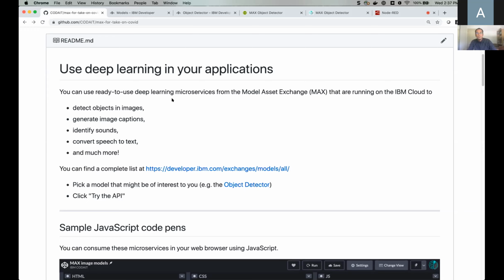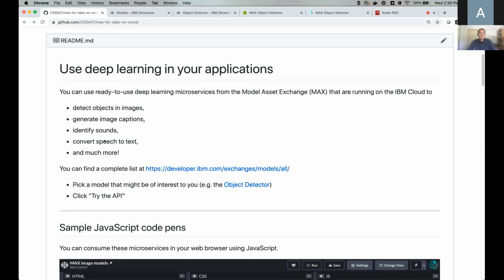On the web page that I'm going to show you, we have a fairly large selection of those services. We have services that can detect objects, just like Svetlana was showing you just now with the Watson Visual Recognition services. But we also have a microservice that can describe the content of an image. It will generate a sentence that describes what you are seeing. We have models that can identify sounds. So if you upload, for example, a WAV file, it would tell you whether there's a siren, whether there was a dog barking, anything that might be of interest.